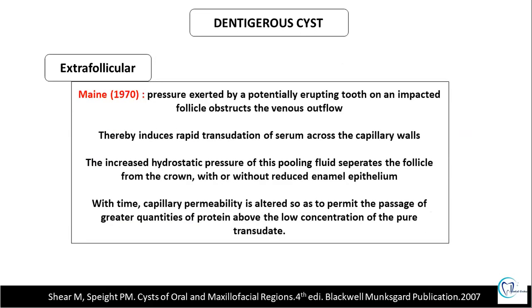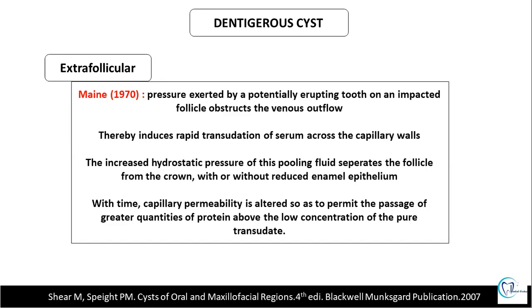Another pathogenesis for dentigerous cyst is the extrafollicular theory, in which Main in 1970 elaborated that if pressure is exerted on the erupting tooth, it will lead to the obstruction of the venous outflow. Thereby, there will be transudation of the serum, which will increase the hydrostatic pressure. And because of the increase in the hydrostatic pressure, there will be separation of the follicle from the crown with or without reduced enamel epithelium. So, because of which there will be expansion of the follicle and it will lead to the formation of dentigerous